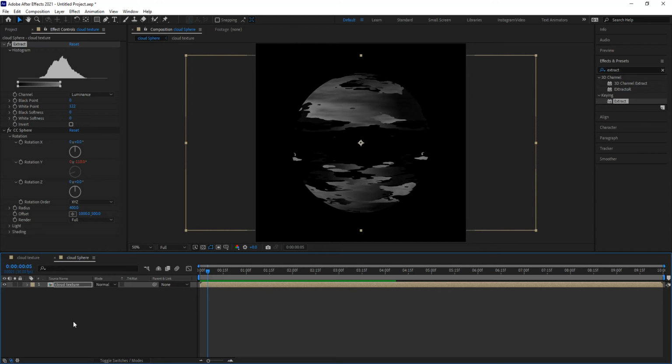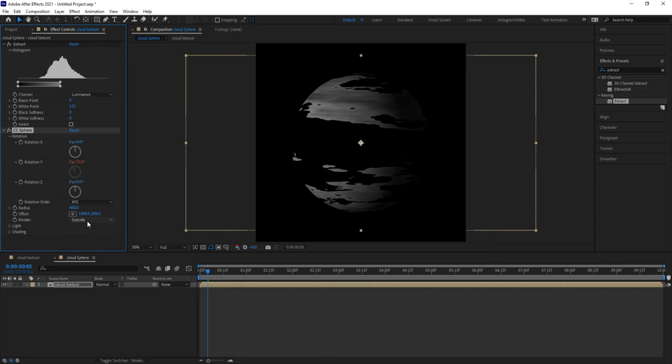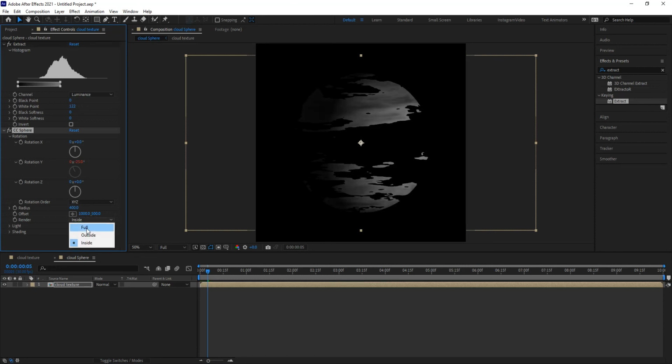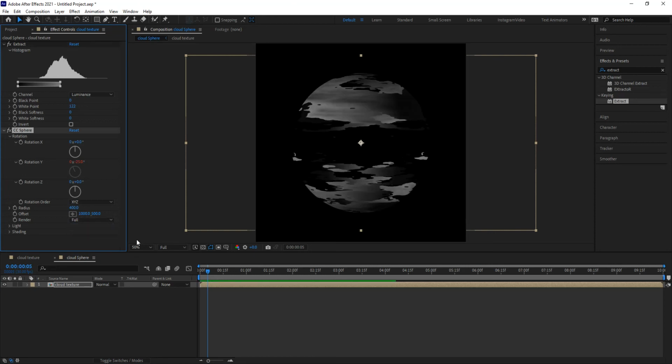Well, the first thing I want to do is make use of two values from this. I want to retain the ability to change the way this is rendering, which is based on the CC Sphere. I can either render the outside, the inside, or both, so I want to retain that ability to switch around when I need to. I also want to make use of the white point on my extract filter. So to do so, I want to bring out my